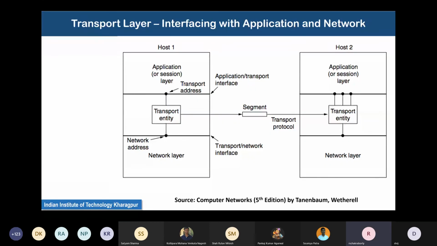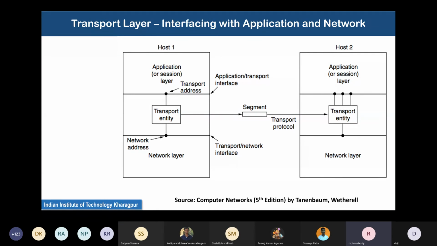So this is very important to understand: although logically there seems to be a segment transfer between the transport entities, this is not correct. Actually, physically, it happens through the network layer and lower layers.